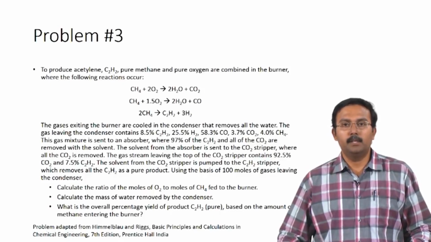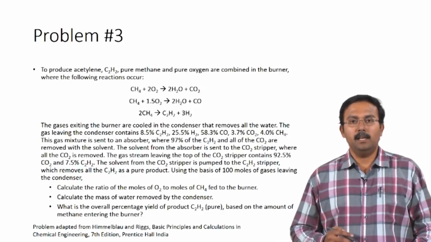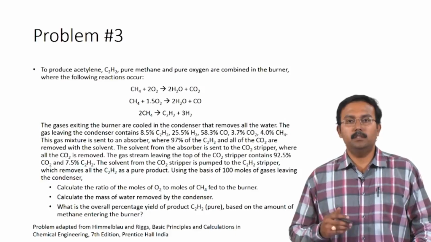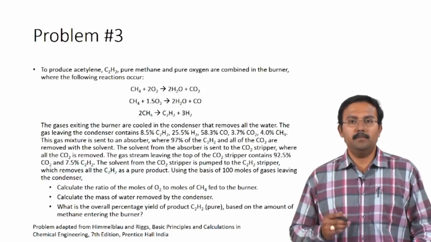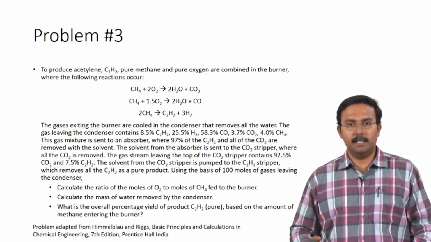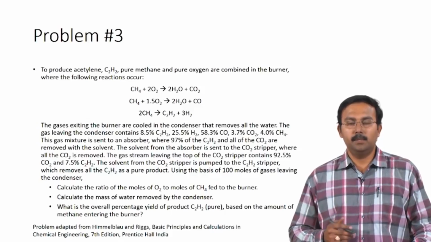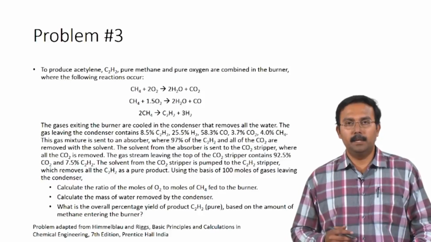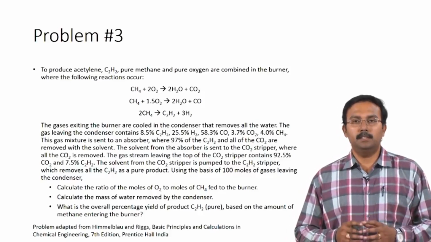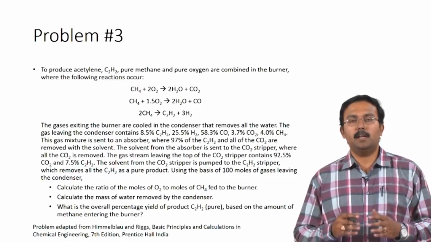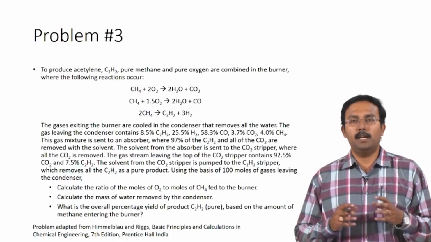pure product. Using the basis of 100 moles of gas leaving the condenser, calculate the ratio of the moles of oxygen to the moles of methane fed to the burner, calculate the mass of water removed by the condenser, what is the overall percentage yield of product which is acetylene pure based on the amount of methane entering the burner. So, now this is a much more complicated problem than what we have been looking at because there are multiple reactions and also multiple systems,